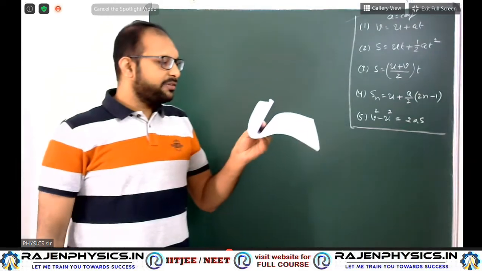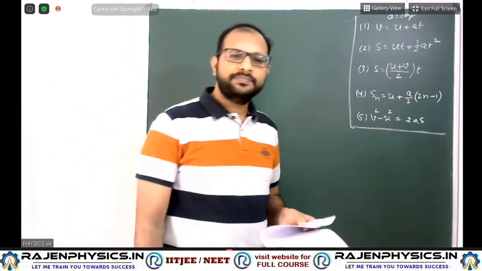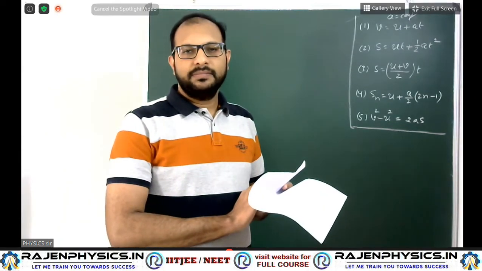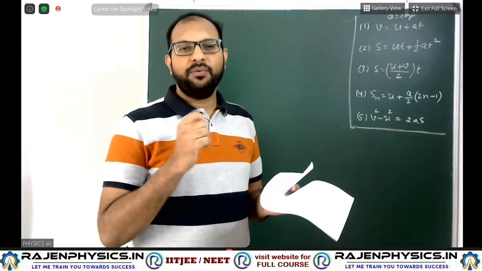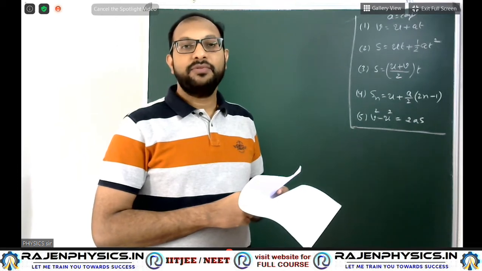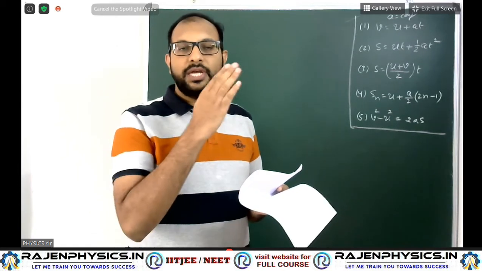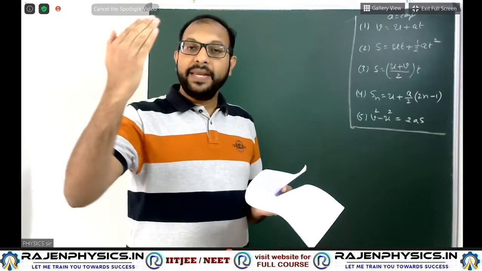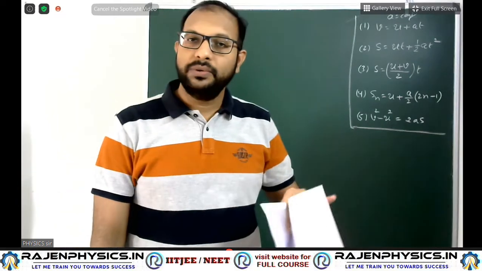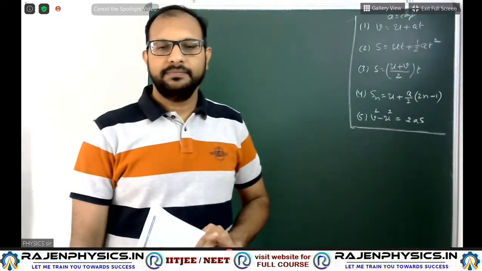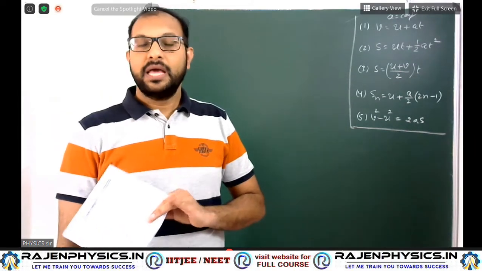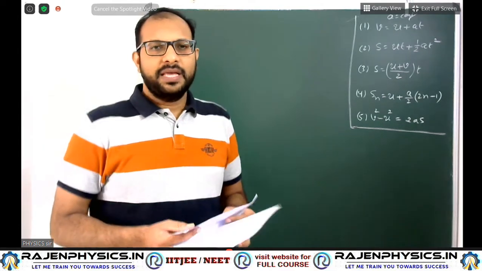A person traveling at 43.2 kmph. Students, here remember kilometer per hour is given, so convert into meter per second if required. How to convert into meter per second? By multiplying with 5 by 18. So 43.2 into 5 by 18. Suppose you do not want to convert from kilometer per hour to meter per second, without conversion you can also solve directly.